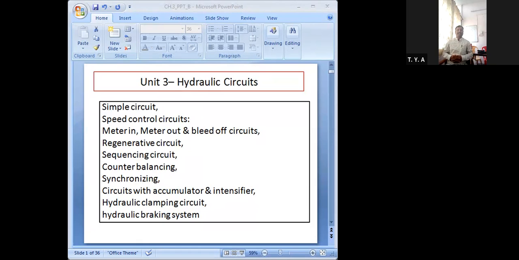Now, as I mentioned, this fluid power circuit is just a representation of graphical symbols of each and every part or component. Already we have gone through each and every element of the hydraulic system, along with its schematic diagram and its symbol. But as this chapter or unit totally depends on the symbols, just for recap and revision purposes, we will take a 10-minute revision on the hydraulic standard ISO symbols, and then we'll go for the simple circuit. Okay, so just wait.